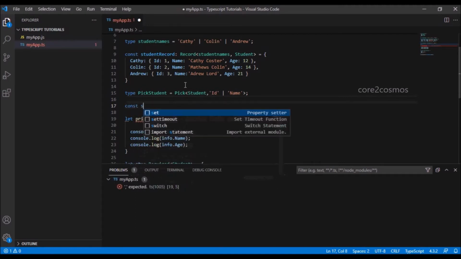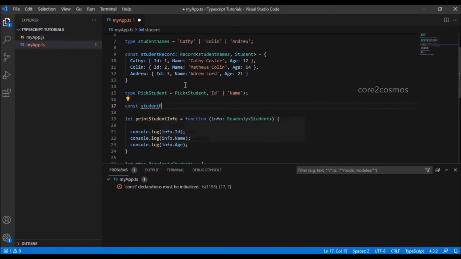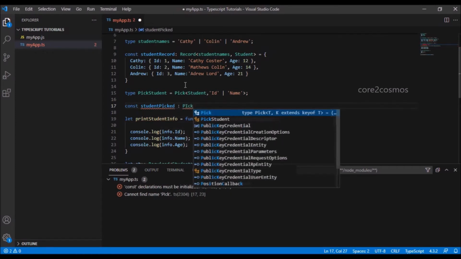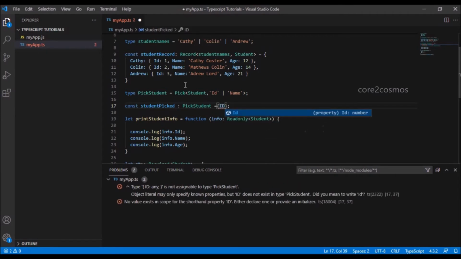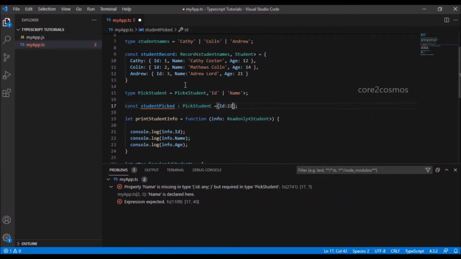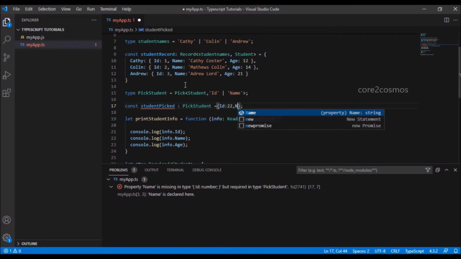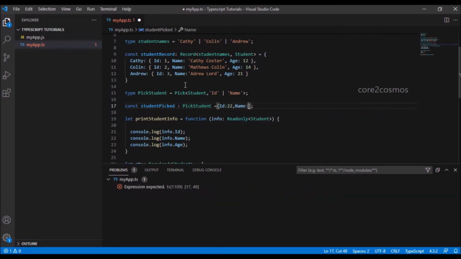In line number 17, we create a constant student picked and say colon pick student and assign it with corresponding values for the properties picked. I say ID as 22, name as Carlos.